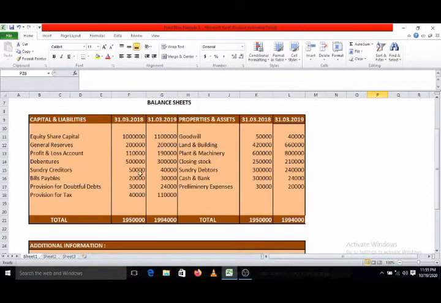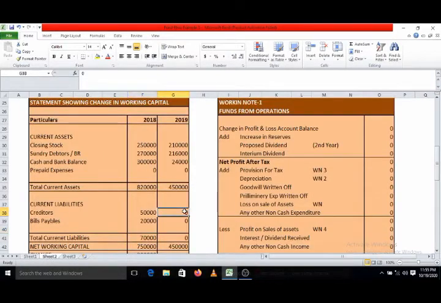Second year, sundry creditors 40,000, bills payables 30,000. So here we will get the total current liabilities. Total current liabilities is equal to 70,000 each. Okay. Then